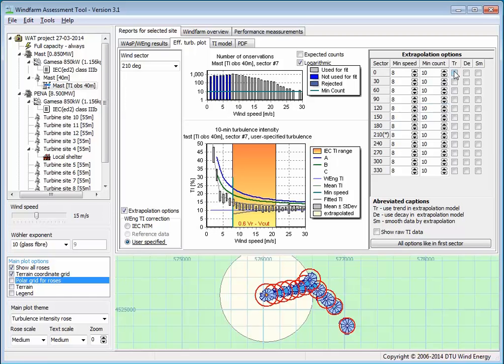You can make different choices, like here that you can have a trend in the time series, but I wouldn't recommend to accept one where the trend is going down. And it's mainly intended for offshore projects where you typically have an increase in turbulence intensity at higher wind speeds as the water surface gets rougher. But for land sites, I would not try to make this correction here. You can also say that you want to use this model here, not only where it's extrapolated, but for all the data here, to avoid strange effects just at a single wind speed.